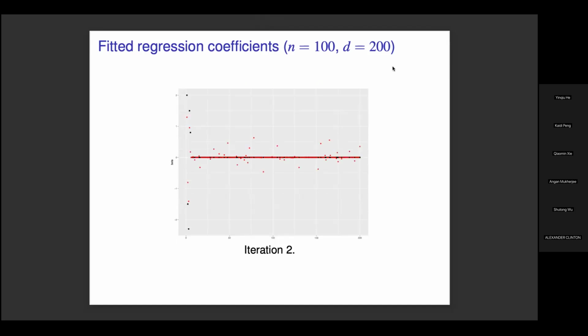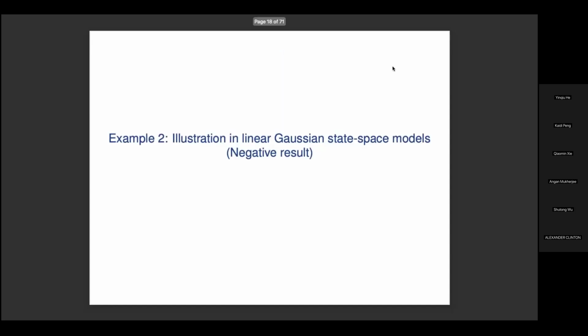So this is iteration 2. We start seeing some convergence, and then iteration 3, by iteration 4, things are nicely converged, and it doesn't move from that particular place. We can see that the convergence is reasonable, at least by eyeballing. But we want to make sure whether statistically there is still a difference between the red dots and the black dots. So we'll come back to this example, but let's look at another example where we do not